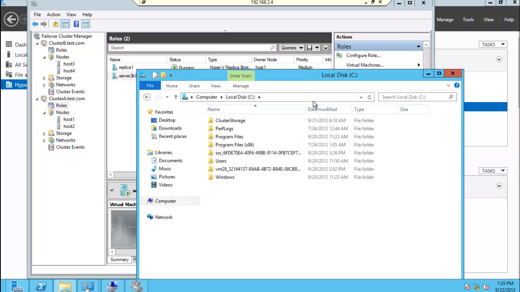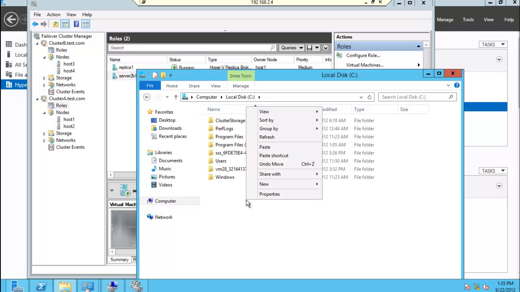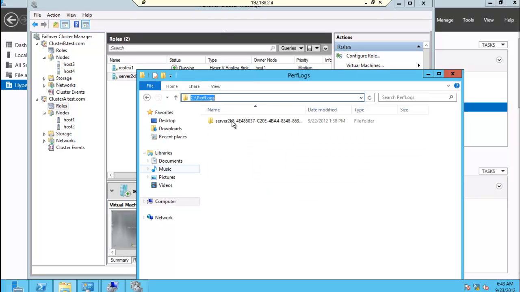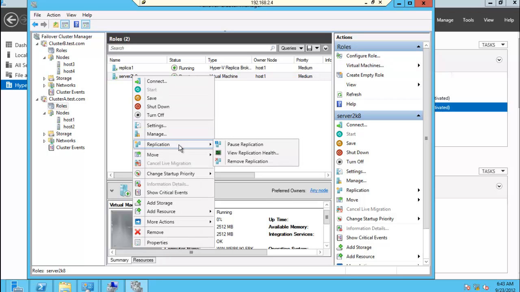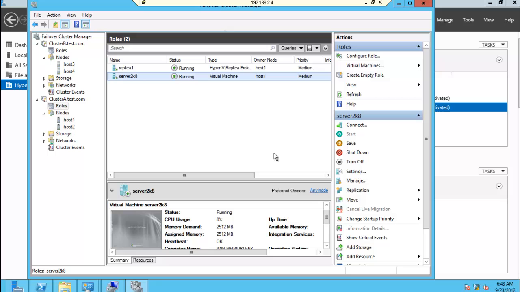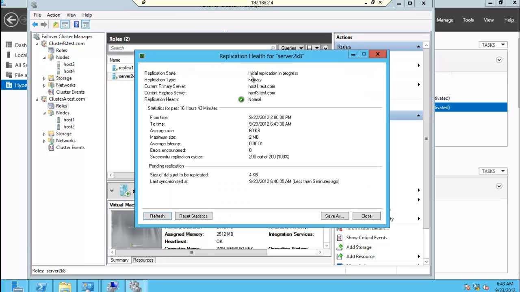Ideally, this is how you would do this if you had very large virtual machines and you don't want to perform that initial replication over the network. And the exported file has been copied to my destination cluster. Now if you take a look at the virtual machine on the primary cluster, if you view replication health, we will see that the replication is taking place but the initial replication is still in progress,